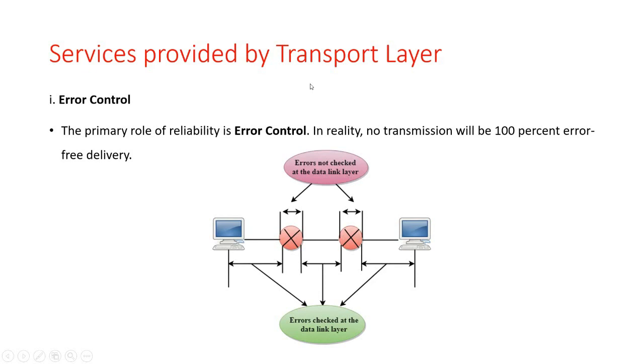So the data link layer checks the error between each network. If an error is introduced inside one of the routers, then this error will not be checked by the data link layer. It only detects those errors that have been introduced between the beginning and end of the link. Therefore the transport layer performs the checking for errors end to end, to ensure that the packet has arrived correctly. Okay, so this is the error control mechanism in the transport layer.